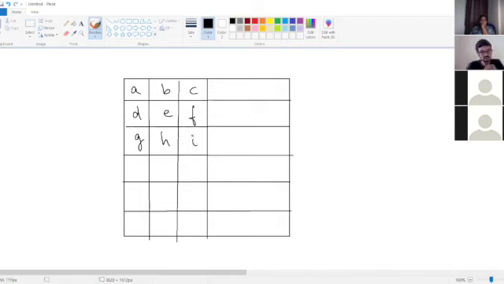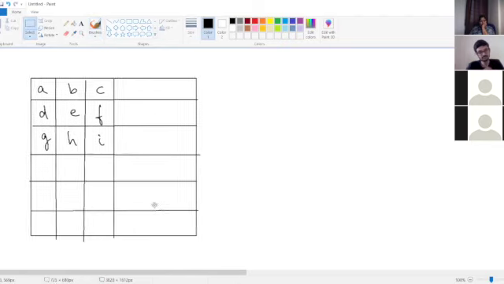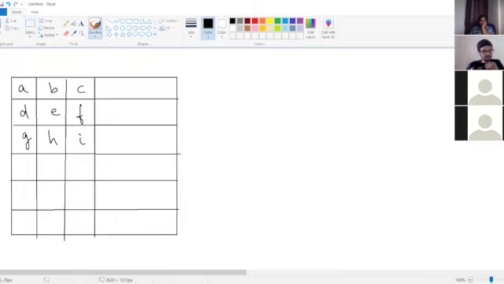So I will list down the possible choices for each of the letters. So for A, there will be 3 choices for the row and 3 choices for the column, correct?